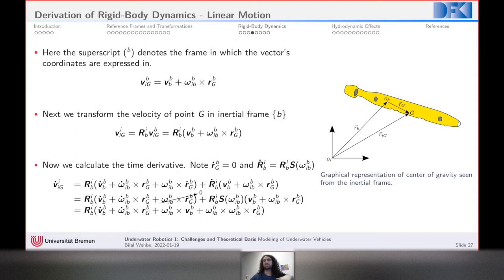So if anybody is moving with a certain angular velocity, it will experience a certain force on it. And this part here is just the part that is introduced because we are deriving these equations not with respect to the center of gravity. So if RG is 0, this term would go away. This is what we call the centripetal